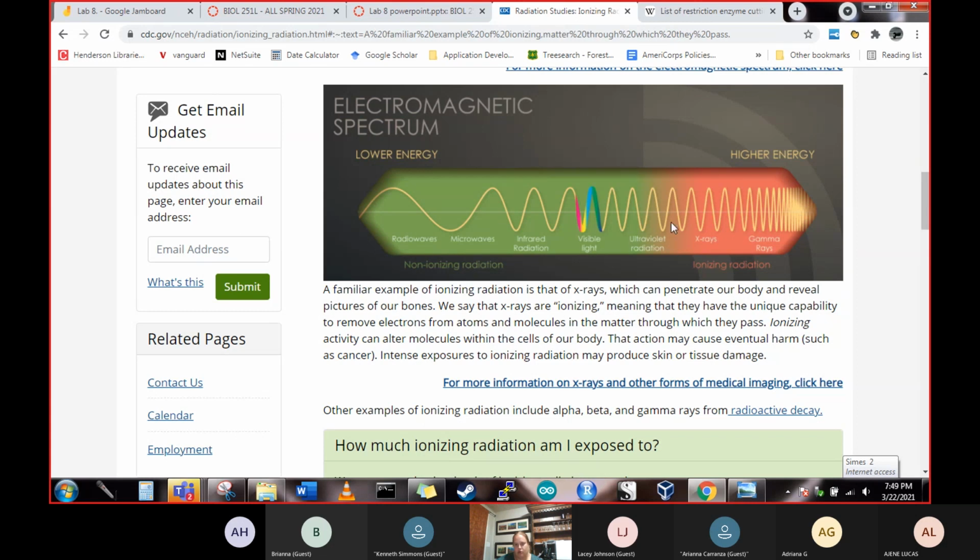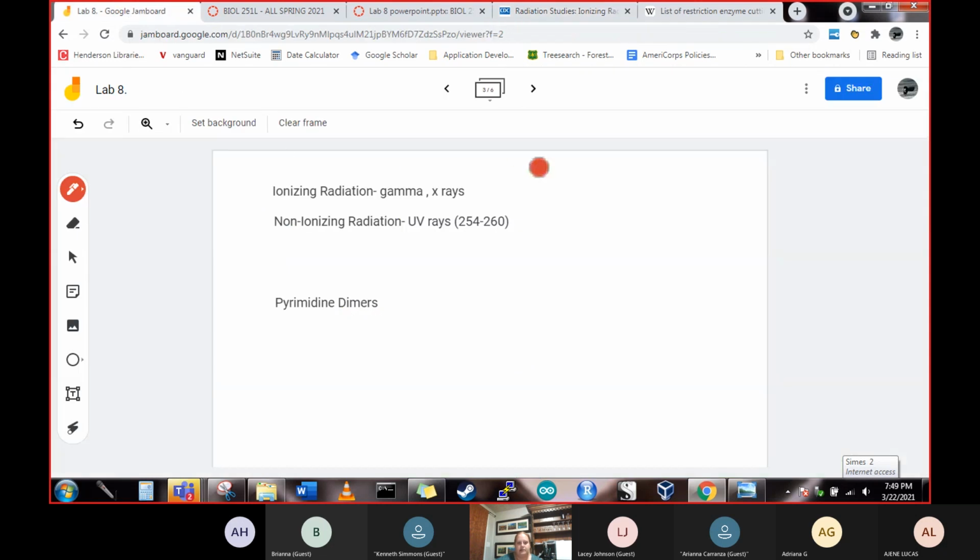And then right at this border here are the ultraviolet range of light. So ionizing radiation will sterilize things, and those are really short wavelength rays. And then what we're going to be talking about is non-ionizing radiation, which includes UV rays,